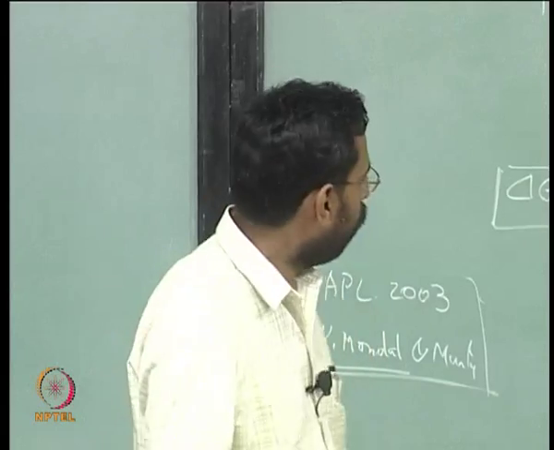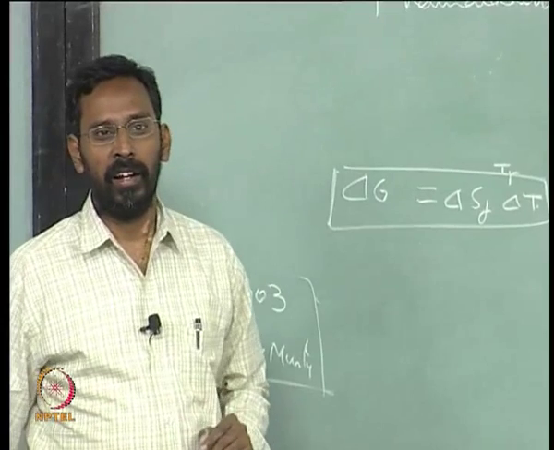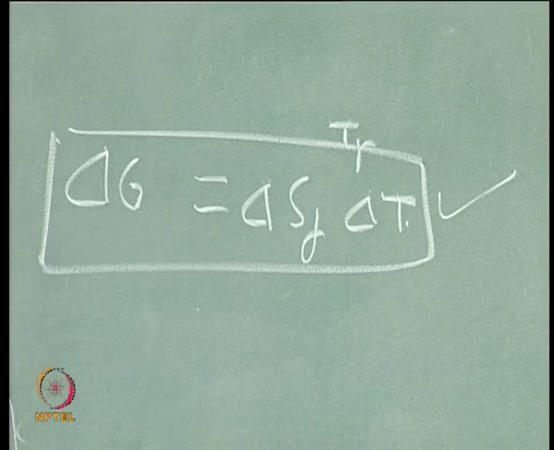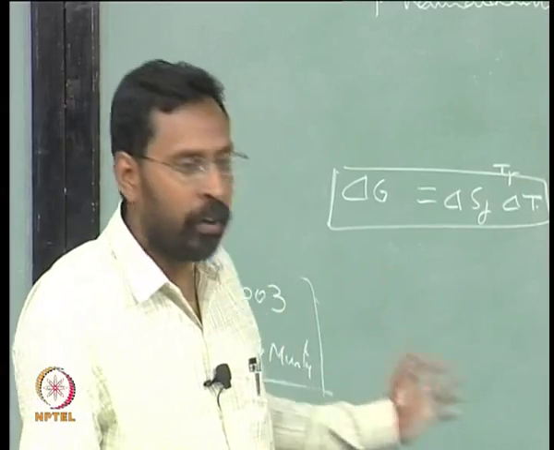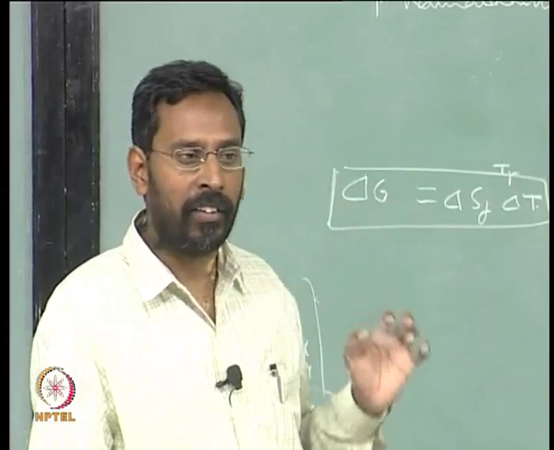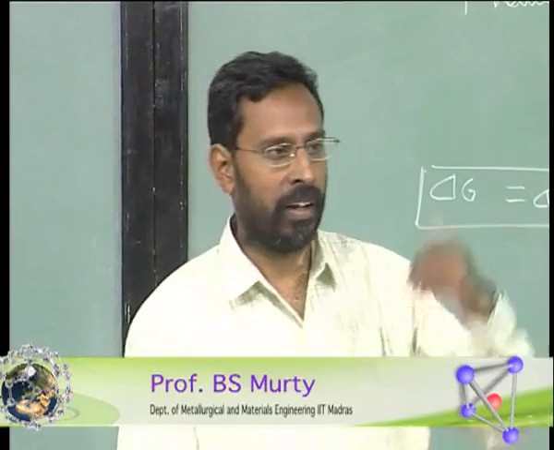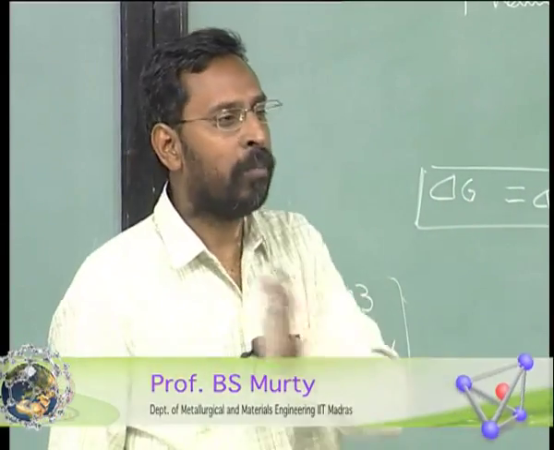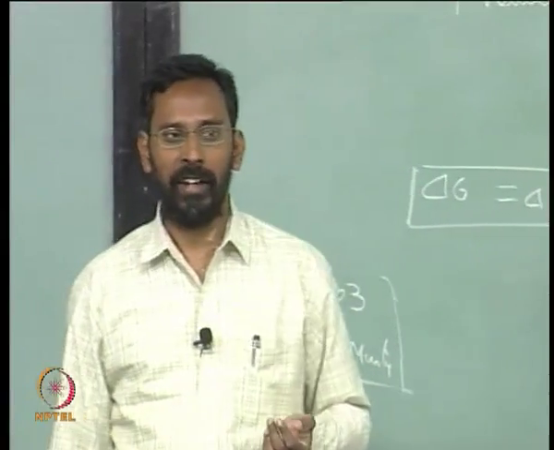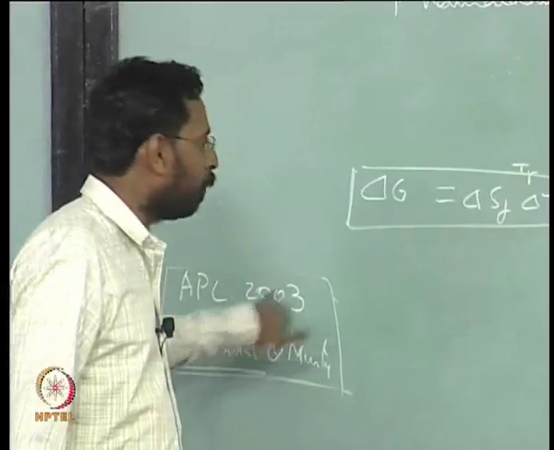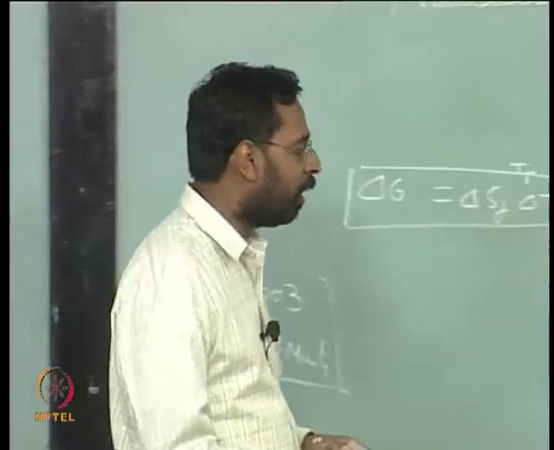One, he tried to expand delta G by a Taylor series expansion. We simply took it as a mathematical expansion, and when you expand delta G as a Taylor series, you get different orders: the first order, second order, third order. At some stage you truncate it and calculate the delta G. That is another way. Again, in this paper you will see that also. And there is another thing called hole theory.